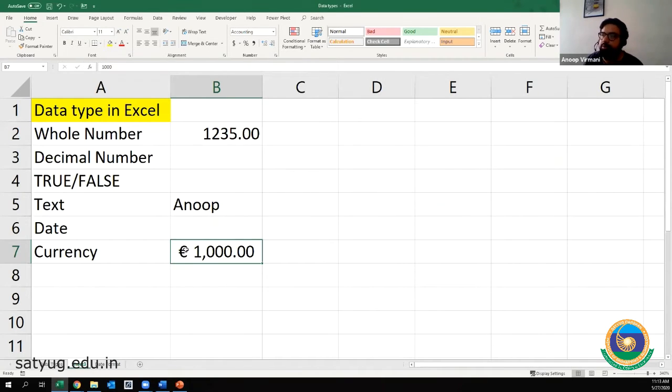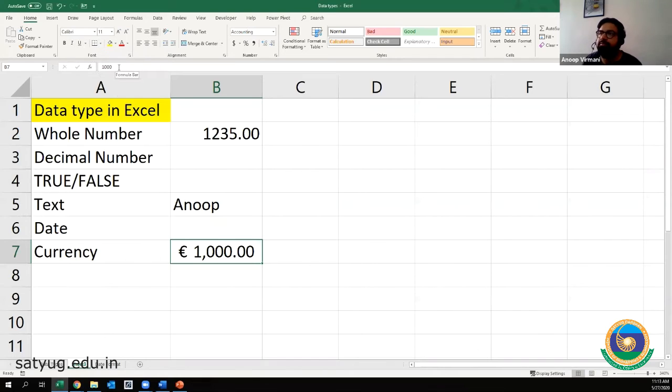So in euro also, it will give you the symbol of euro, 1, comma, 000. So it will add the comma, and 0.00 with 2 decimal places, right? But for Excel, it is still 1000, which we wrote.